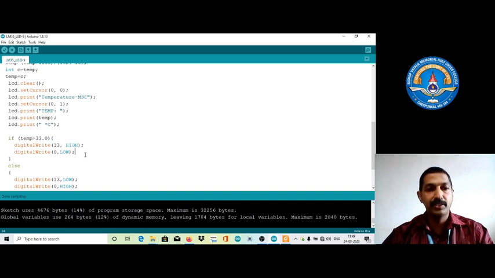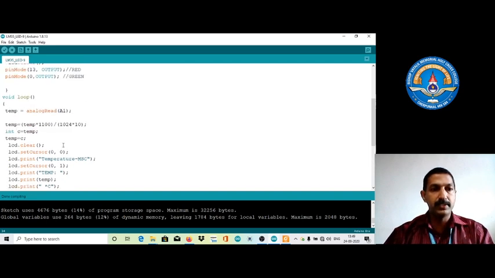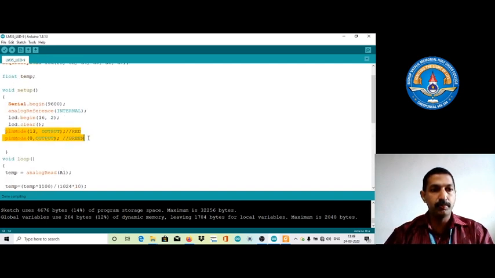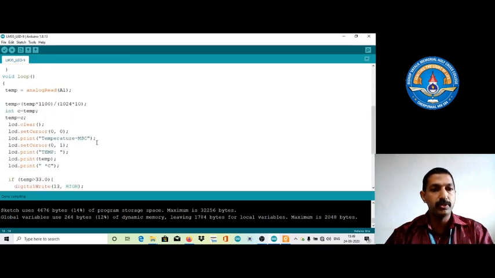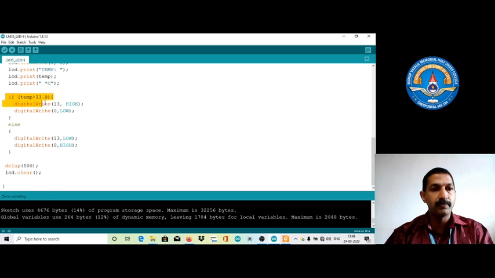The same way we are executing such programs. So the two things we added are the red LED and the green LED, and we also made some differences in our code. That is, we added two pin modes in our setup section, that is output 13 and output 0. It's also changed in our code. That is, if the temperature is greater than 33, we digital write 13 to high.